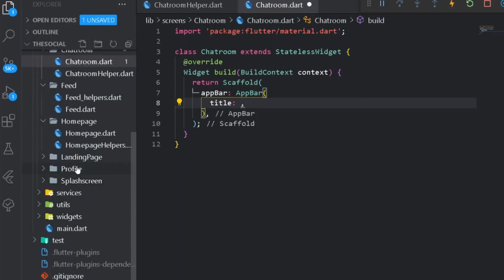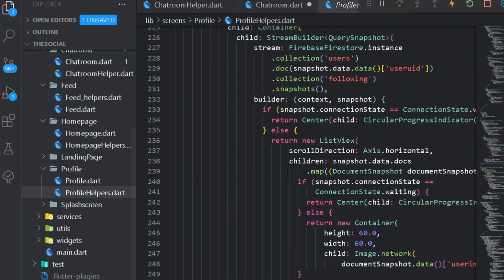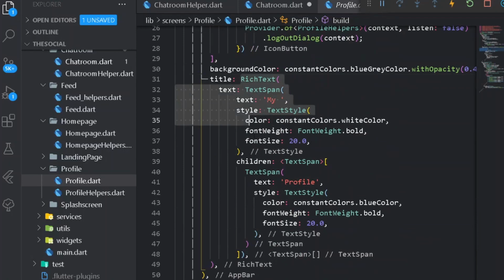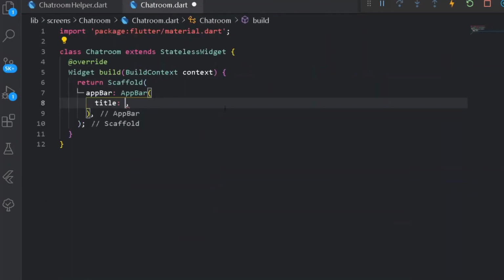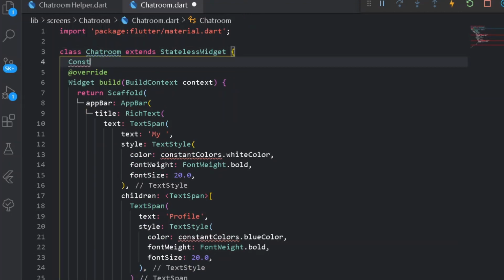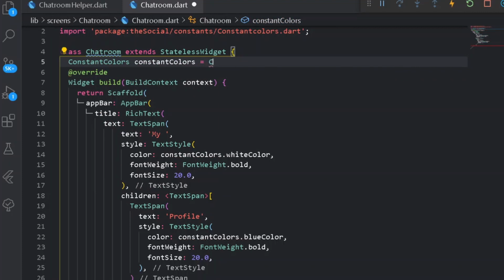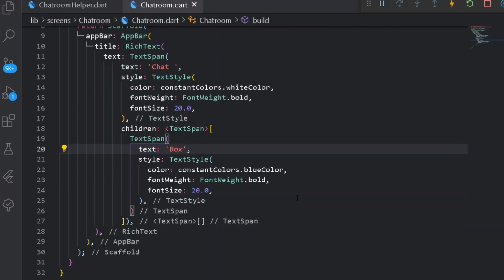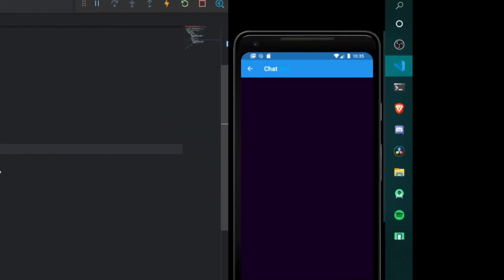So for rich text, let's copy any of the rich text from profile or from header profile. Let's go at the top at its app bar where it is. Alright, here it is. So we can simply copy the entire rich text from here. Let's close these files and paste it here. And here first of all, let's have a declaration of an object instance of constant colors to be equal to constant colors. So as this thing is done, we can remove the comma from here. And here instead of having my profile, I can have chat room. Alright, instead of having a room here, we can have chat box, which will be looking more fancy. So here let's have chat box, press Ctrl and S. Cool, we have our ugly looking app bar here.